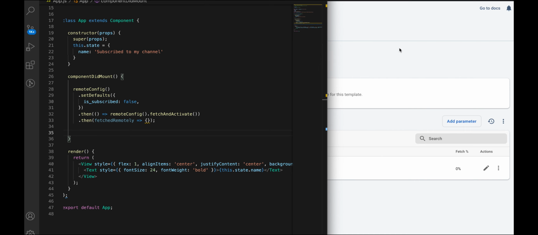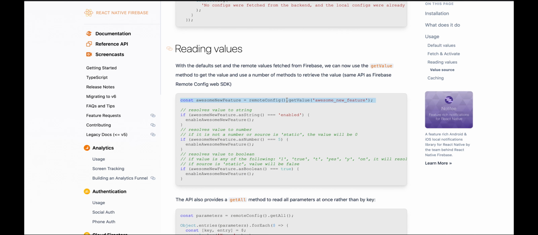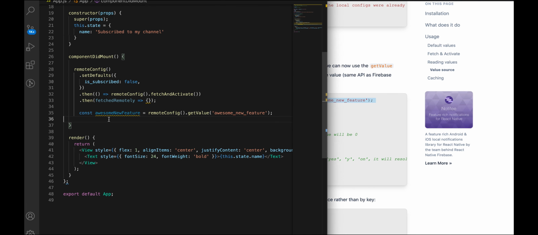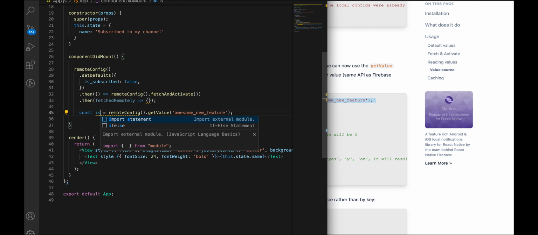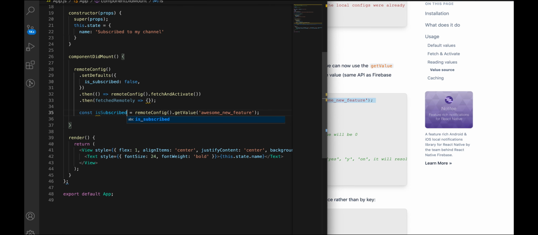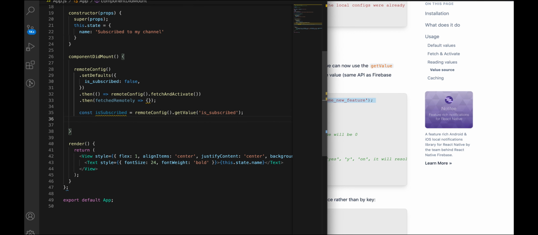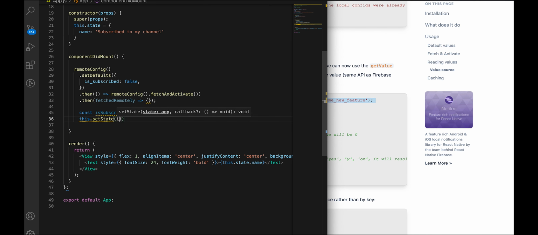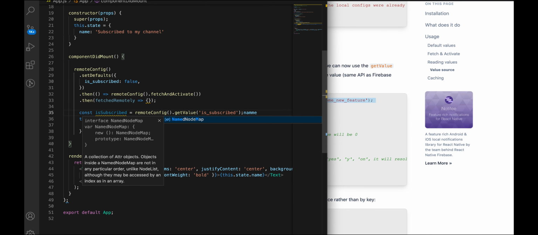Then go to that page again and check the reading values section. We need to fetch the value, right? It's subscribed and here we can give a key name. So what I'm going to do is, if the user has already subscribed, then